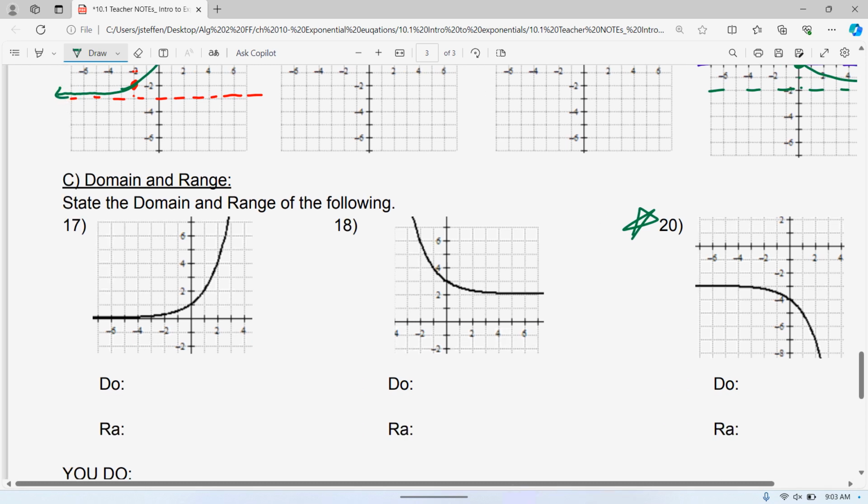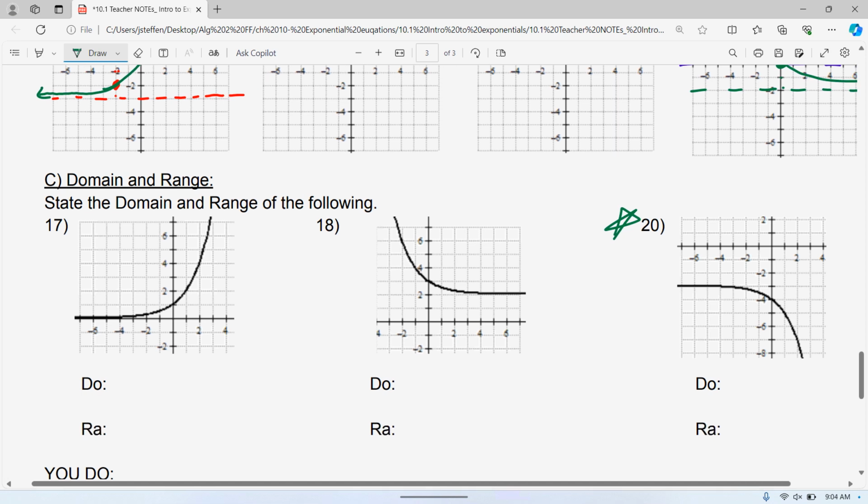So the next thing we're going to do is the domain and range, because you do problem, I'm going to have you do all of it. You'll graph it and do the domain and range. So I thought about whether I should go over this or not, but then I thought we just did a chapter, and honestly, this is a lot easier than that. The first thing, the domain,